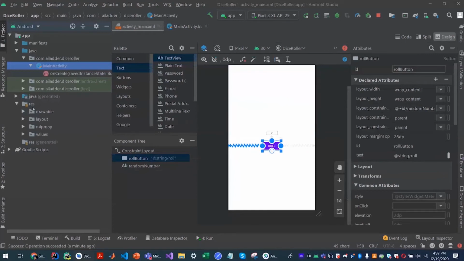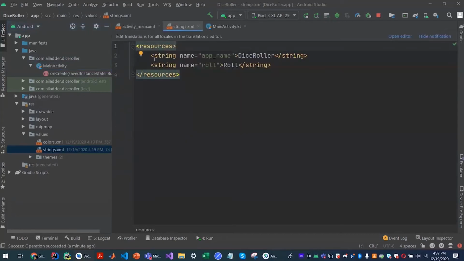This is the resources folder, and if you go to values, you'll have strings. You can see here that we have one string under the name role, and we have a variable called app name as well, which is Dice Roller, the project's name.